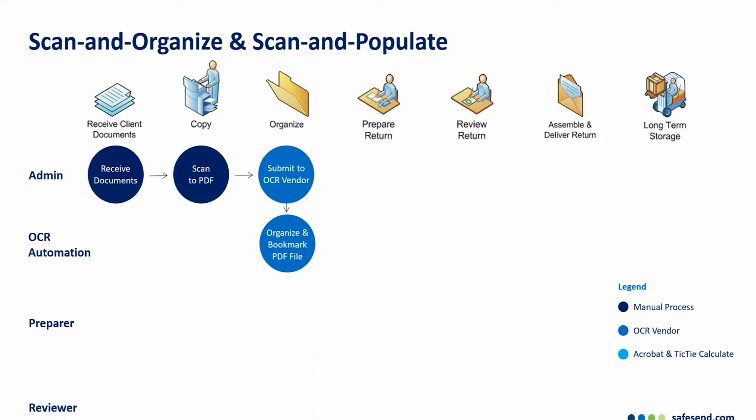So usually what will happen is when you get the PDF file that it will have your W-2s grouped together, 1099 INTs grouped together, and you will usually have a bookmark name for each of those documents. So ABC company and XYZ company, that is the organized piece. Now the populate piece will take it one step further, where they can actually import that information into the tax program for you. They cannot do the entire return 100%. So you will receive a PDF file back that shows you the work that they have done up to that point,